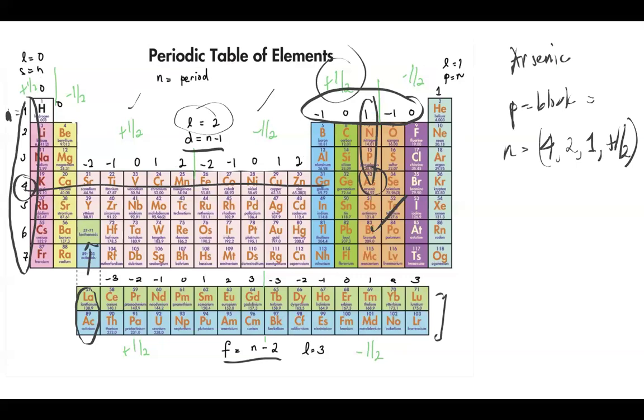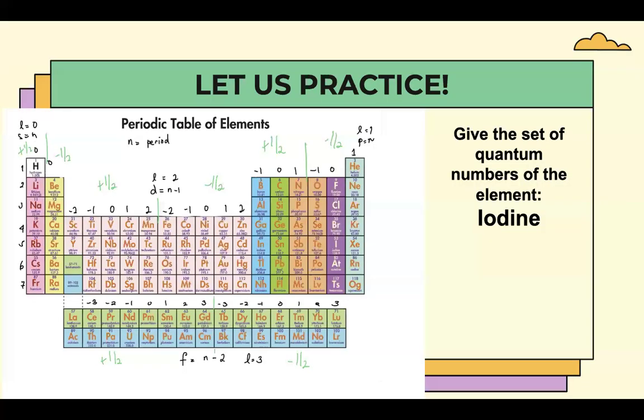And of course, with the following annotations. So if you'd like to, you can check if we have the correct quantum numbers by doing the shorthand notation of arsenic and writing the orbital diagram. And that's it. That's how you check the quantum numbers for this example. Now, next, let's have another example. Just by looking at your periodic table, give the set of quantum numbers of the element iodine.